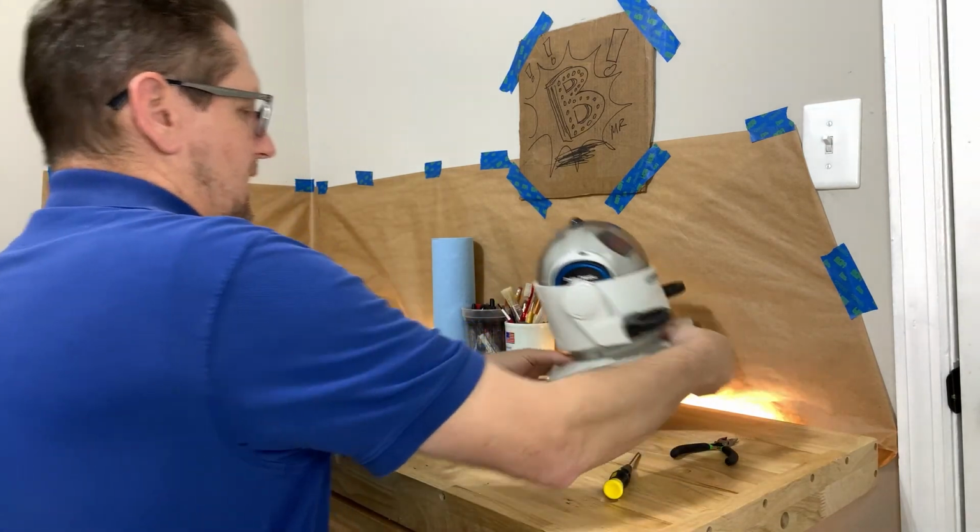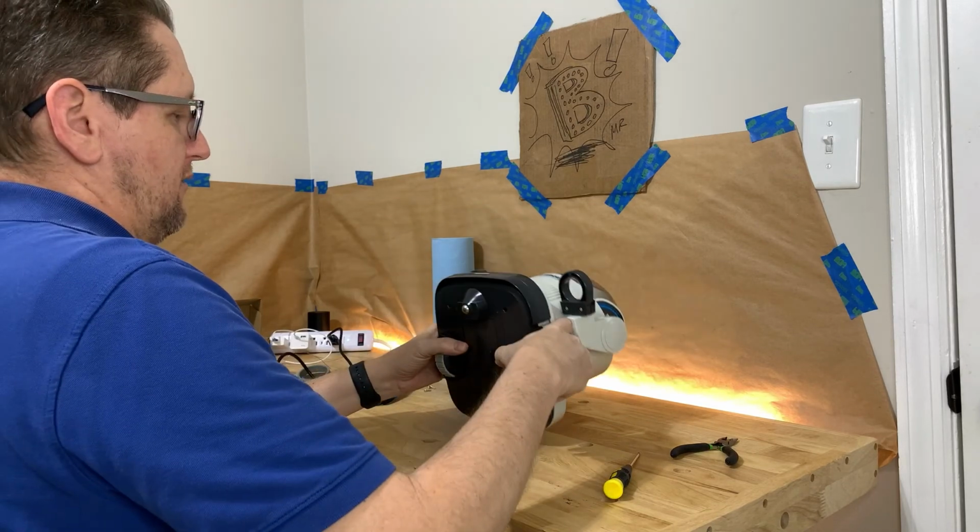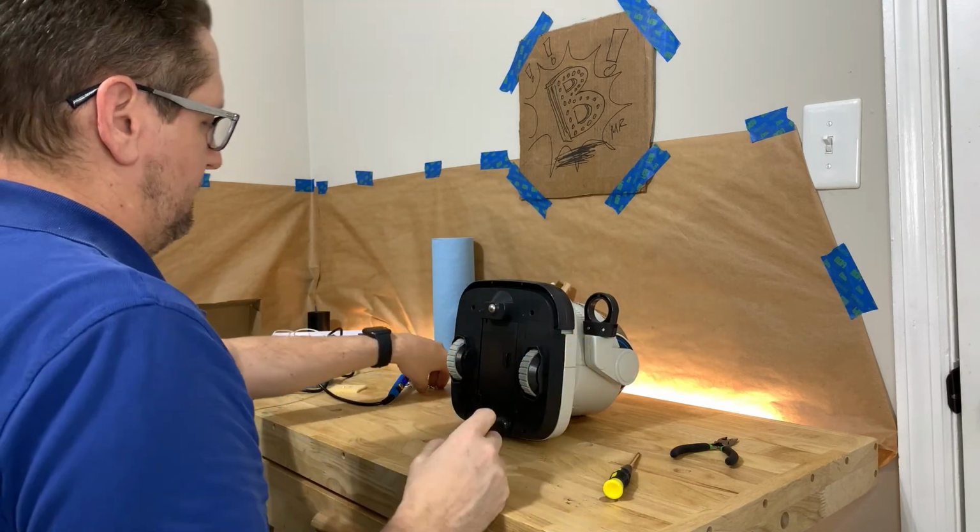Make sure he's working. Once you confirm that he's working, go ahead and flip him back on his back. Put the rest of the screws in,